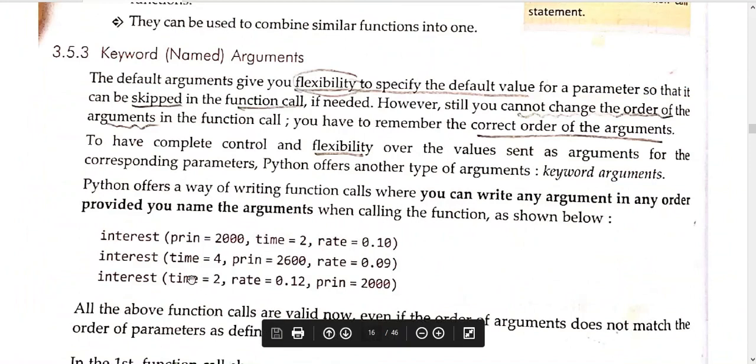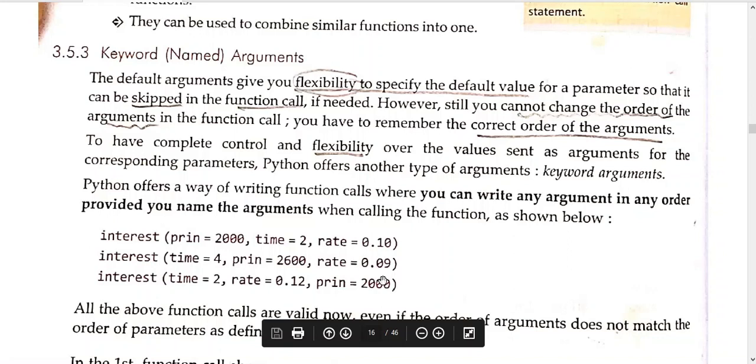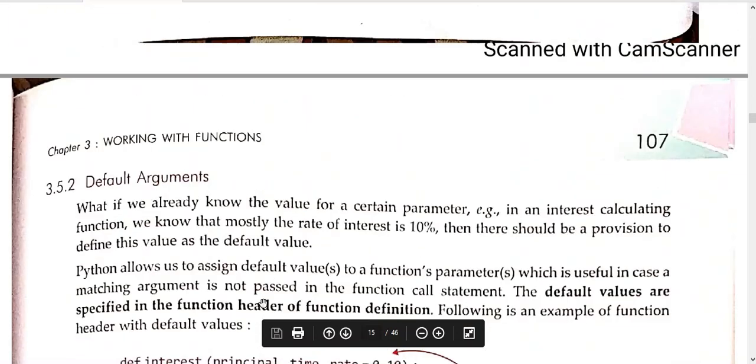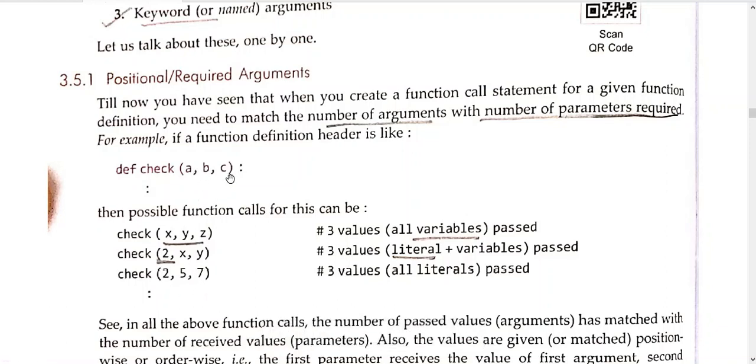To have this flexibility to change the order of the arguments, you need to write the name of the variables and then pass the value. Then there will be no confusion. Here we were not writing the names of the variables, we were just passing values. So the first will go directly to A, the second will go to B, and the third to C. But if I want B to be given 5 first, then I must write B is equals to 5.